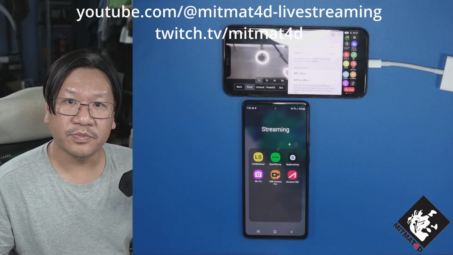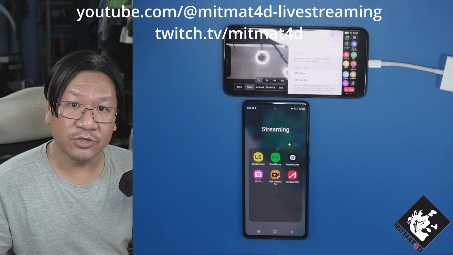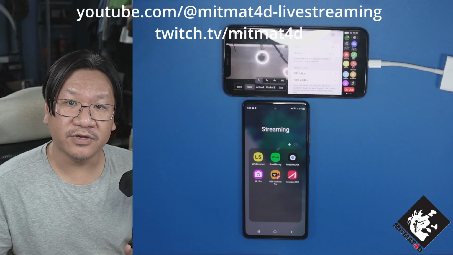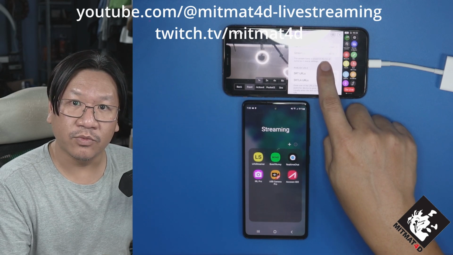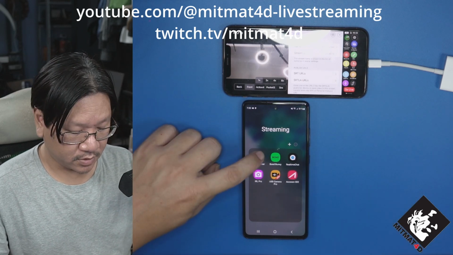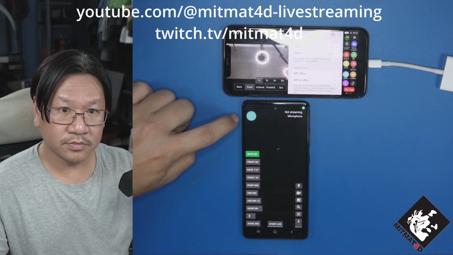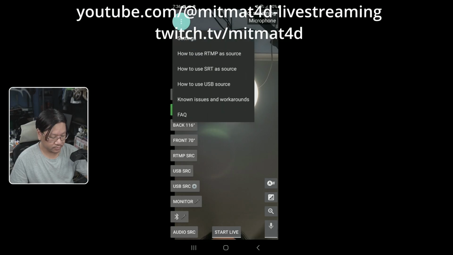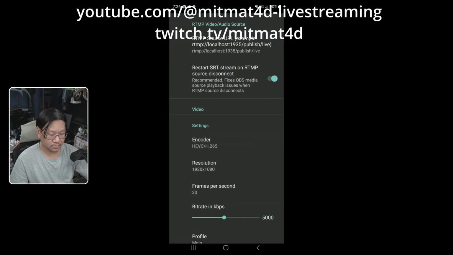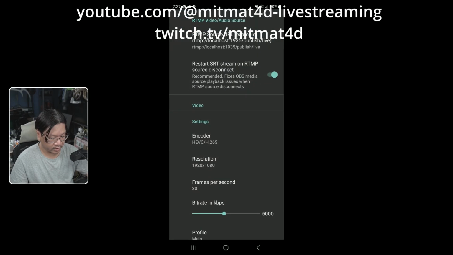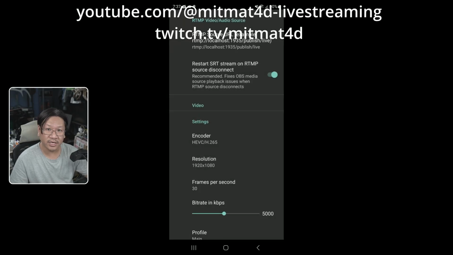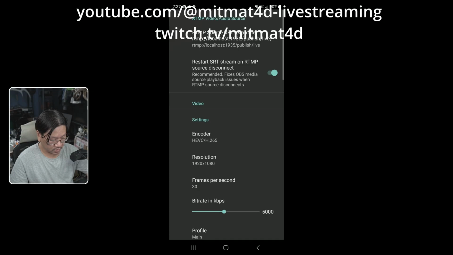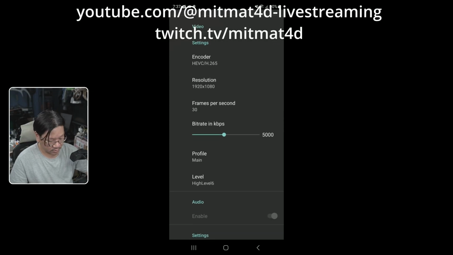Now we will open up the Lifestreamer app on the Android smartphone and configure the output stream to the SRT address that we have created within the Moblin app. Three dots on the very top left-hand corner. Go into settings. We will then make sure that we have selected the encoder as H.265 because we are pushing out an SRT stream. Scroll down, 1080p 30. Scroll down